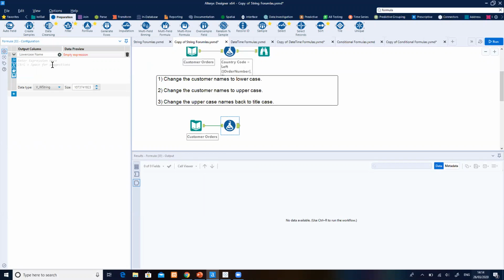Click into the expression editor, and I'll just start typing my lowercase function. There it appears for me. I'll hit enter. I'll replace that string parameter with a customer name field. And again, you can see this data preview. It's showing what my first record will look like once this formula is applied, and it will all be lowercase,